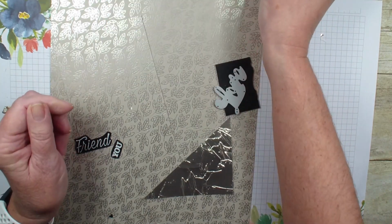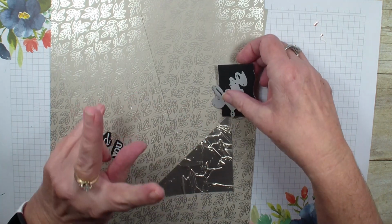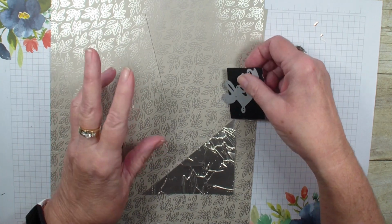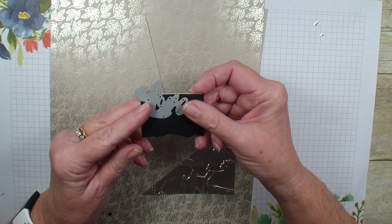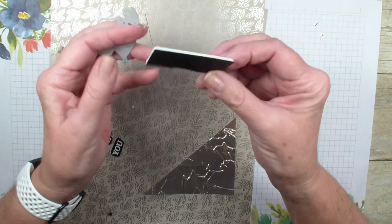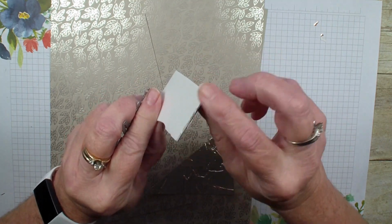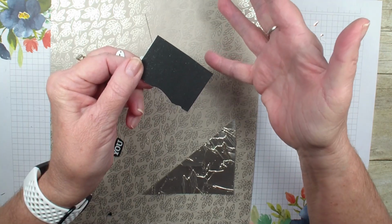basic black. There's also in the Love You Always bundle two bundles, or excuse me, it's Love You Always Suite, and there are two bundles among the suite, and this love is from the Always dies. Now what I'm going to do with that is I'm going to cut out the love with a basic black, but I have used our foam adhesive sheets, and these sheets are great for giving depth to your card for